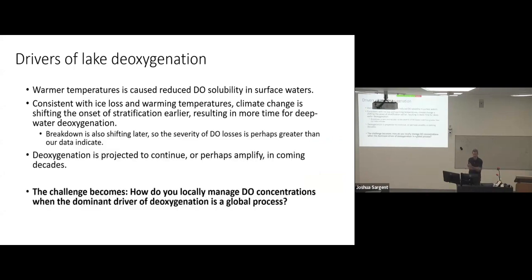And that just summarizes, so to summarize the dissolved oxygen section here, the warmer temperatures are causing reduced DO solubility in our surface waters. Consistent with ice loss, warming temperatures and climate change are shifting the onset of stratification earlier, resulting in more time for deep water deoxygenation. The breakdown of stratification is also shifting later, so the severity of DO losses is perhaps greater